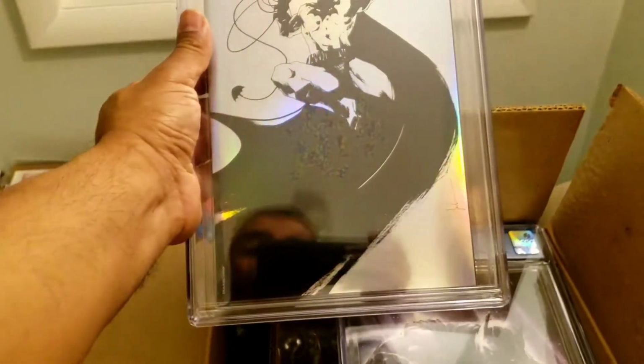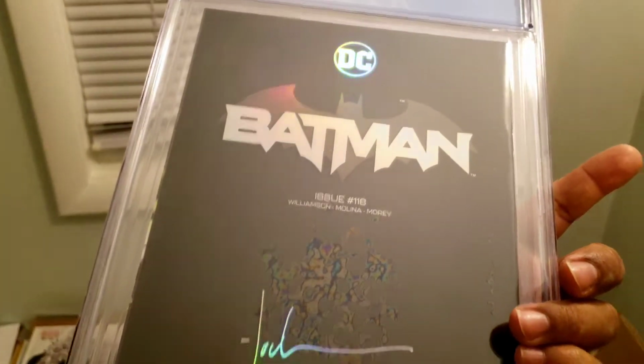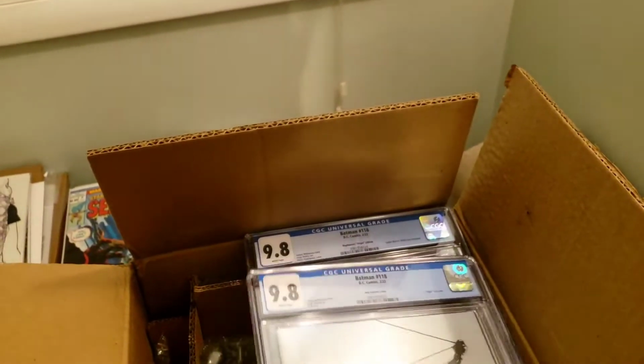Okay, I think all of these came with that. They made them tighter. Look at that. I mean, that's pretty ugly. I mean, come on, man. CGC needs to get their act together for this. I mean, if it wasn't for that, the covers...